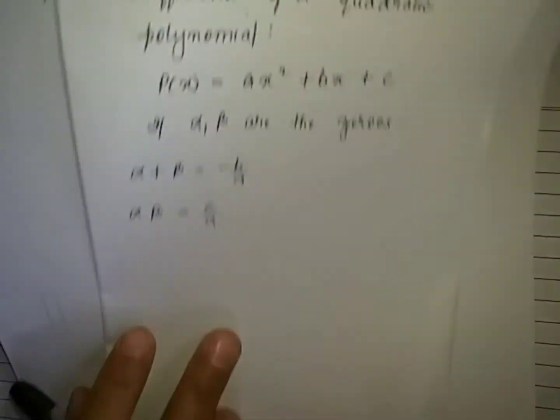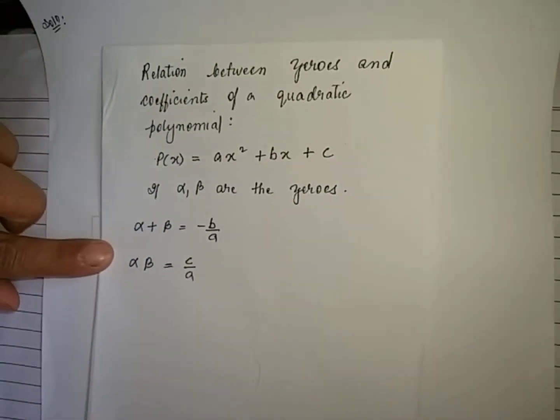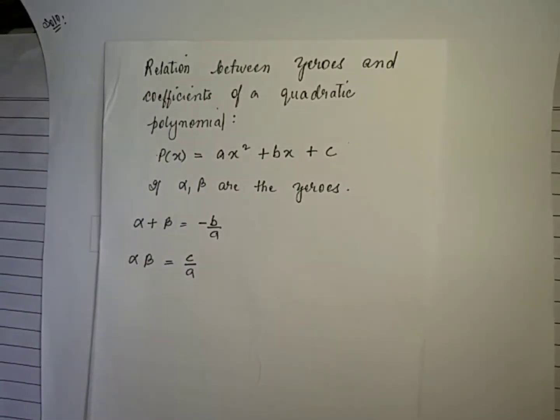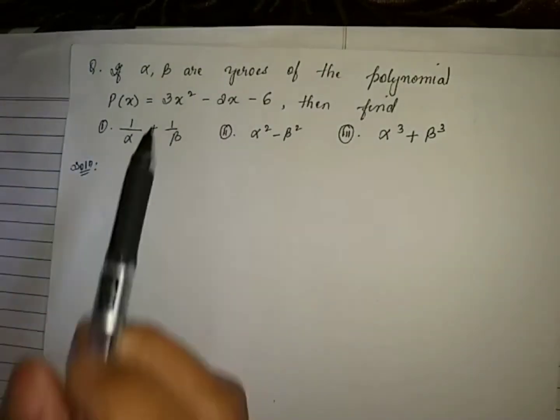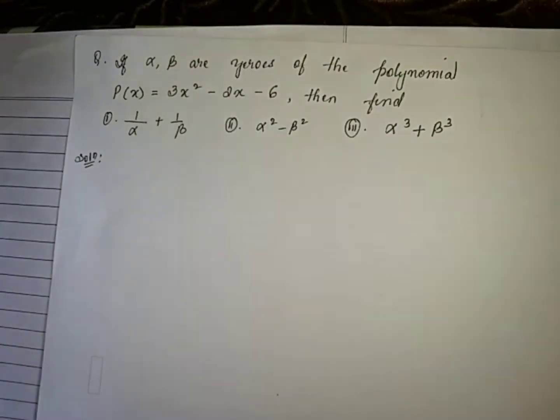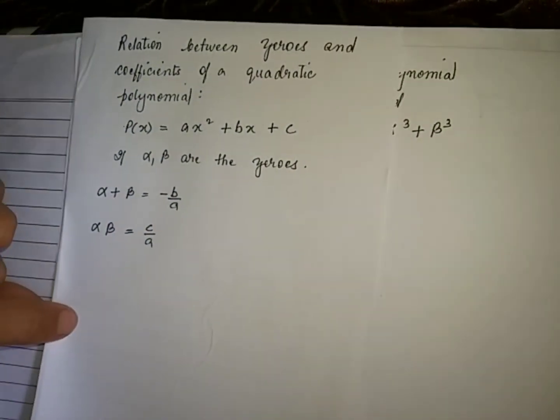of the relationship between the zeros and coefficients of a quadratic polynomial. Since the given polynomial is a quadratic polynomial, then what we have,